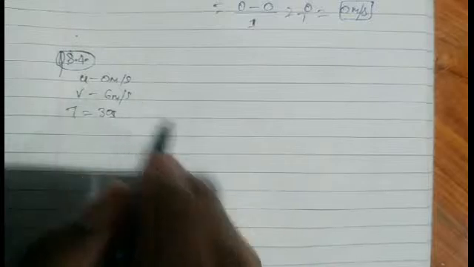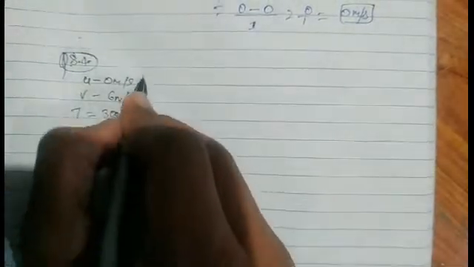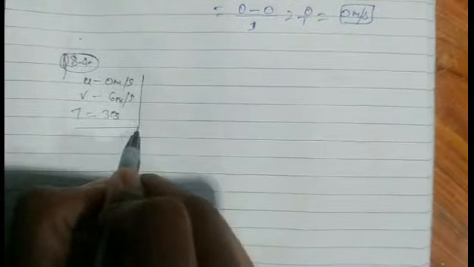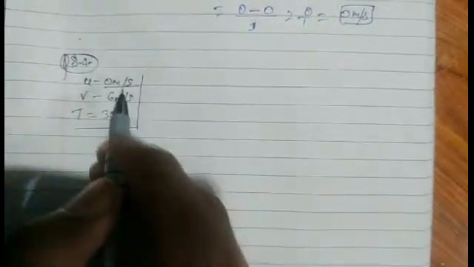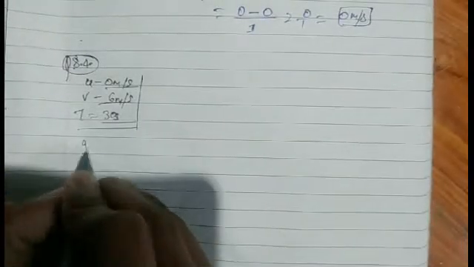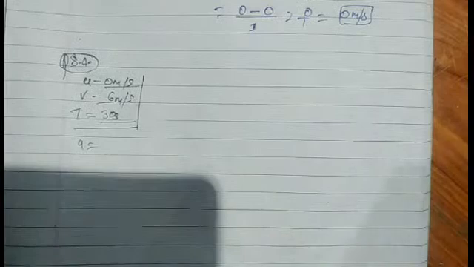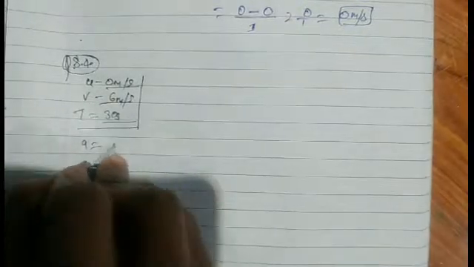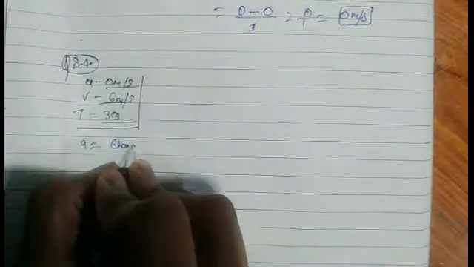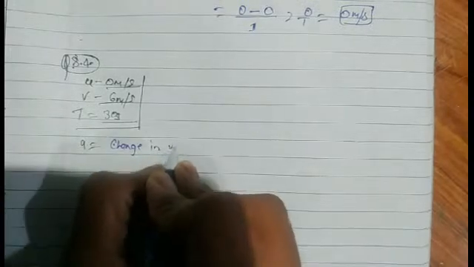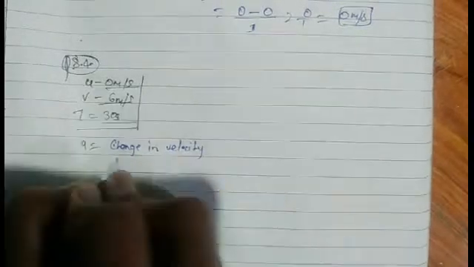Calculate the acceleration of the bicycle in both cases. So in the first case the initial velocity is 0 meter per second, the final velocity is 6 meter per second, and the time is 30 seconds. In the first case we have to find the acceleration. The acceleration is equal to change in velocity